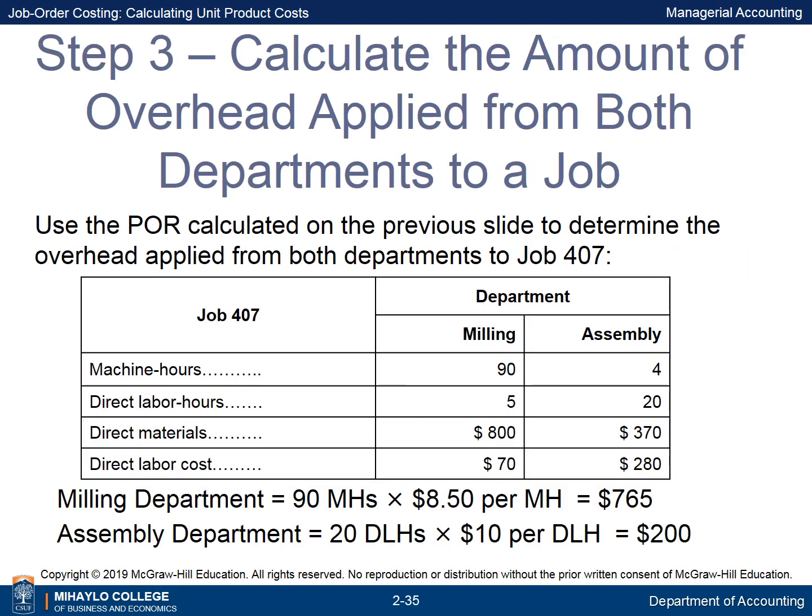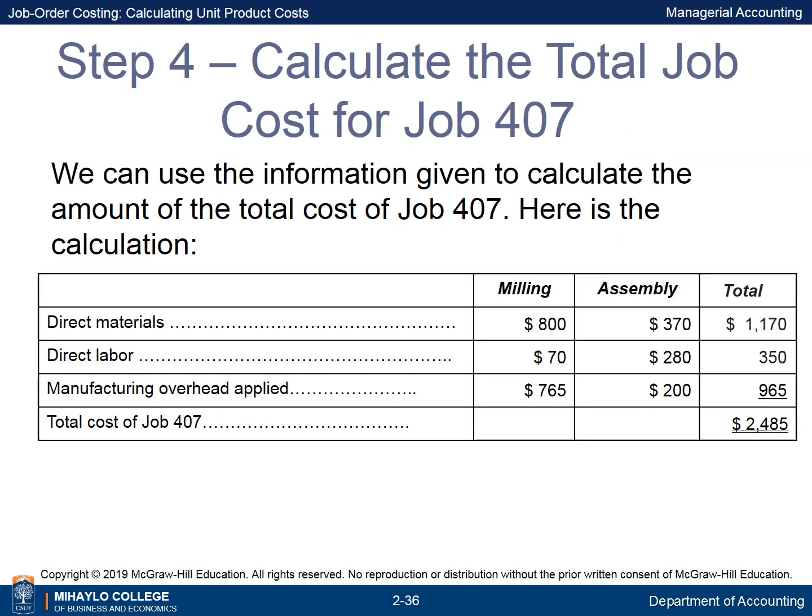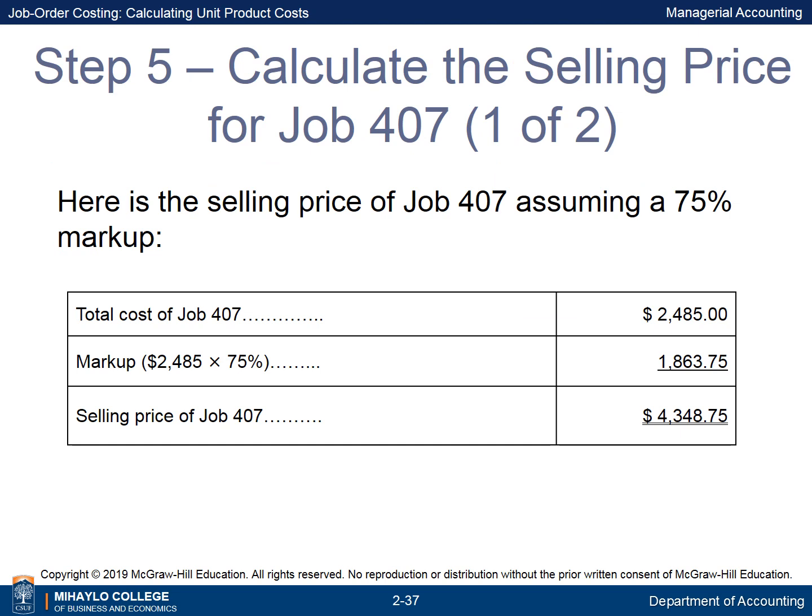Use the POR calculated on the previous slide to determine the overhead applied from both departments to Job 407. Milling department equals 90 MHs times $8.50 per MH, or $765. Assembly department equals 20 DLHs times $10 per DLH, or $200. We can use the information given to calculate the amount of the total cost of Job 407. Here is the calculation of the total cost of $2,485. The selling price of Job 407, assuming a 75% markup, is